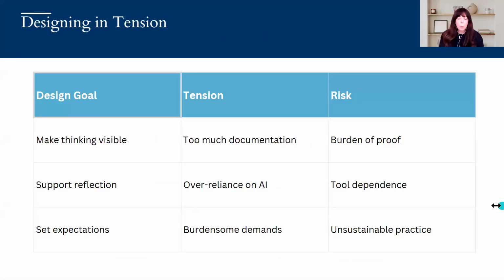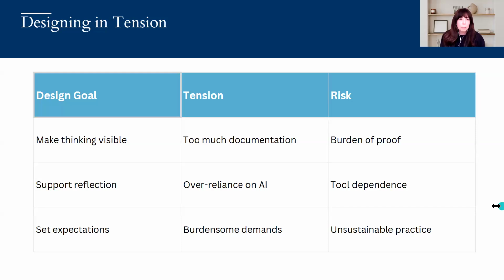Okay. So very shortly, we will move into some more concrete suggestions about how to navigate these issues. But before we do that, I just wanted to bring up some of the tensions that we see at play as we're thinking about issues of transparency, concerns about student offloading or over-reliance on AI. These are an amalgamation of issues that come to the forefront when we think about how AI enters into the teaching and learning process.